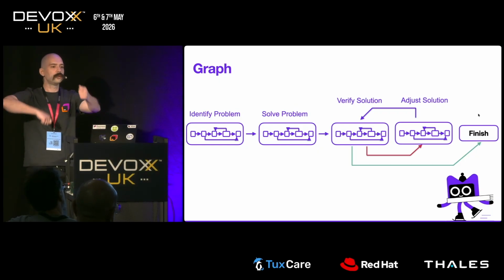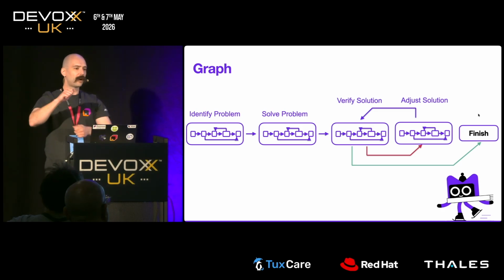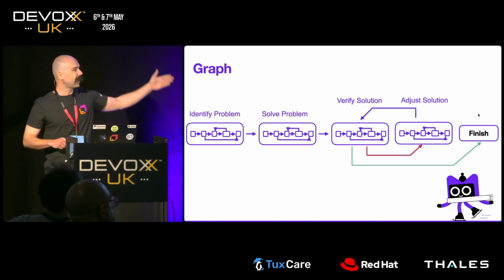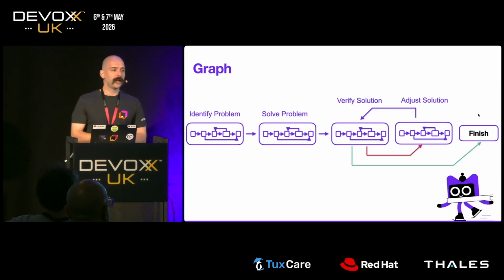And we can loop verifying or reviewing and adjusting until we get the desired outcome. And then when we get the desired outcome, we finish. Right? So let's try building this